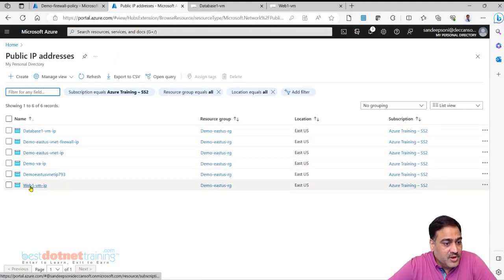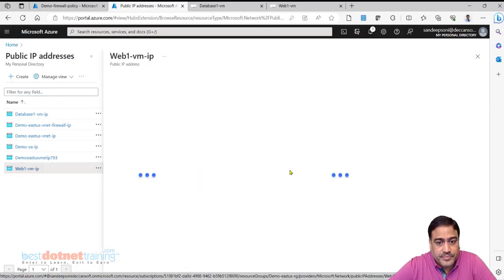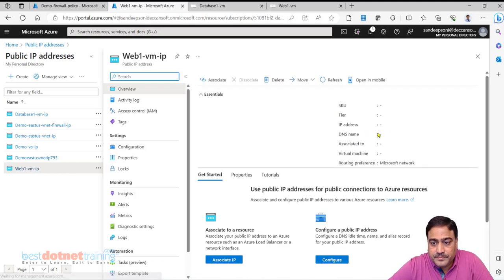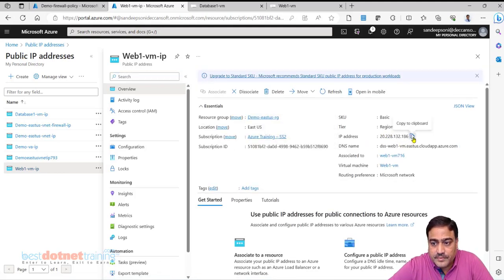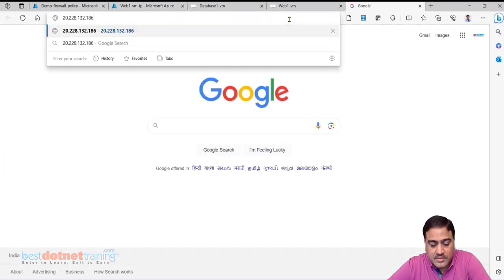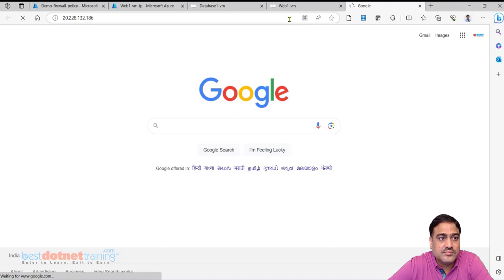This is Web1 VM. And this is the public IP. Not working.